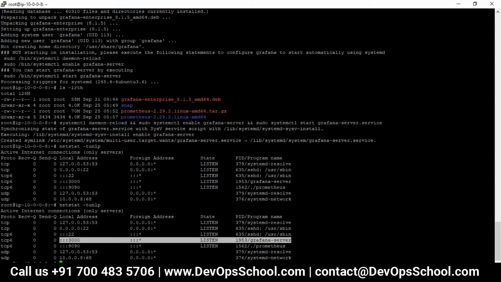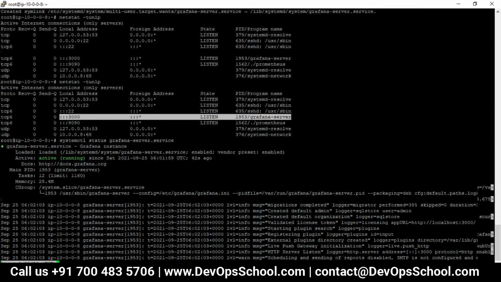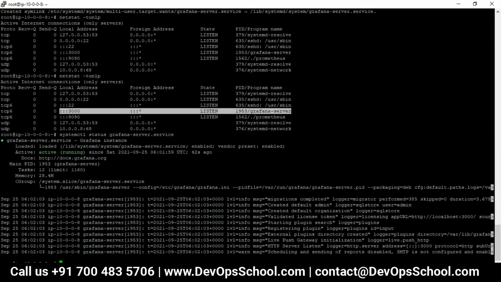Here it is simple, just run the command systemctl status grafana-server. This command will show you the status of Grafana. Active (running) means it is running. To stop it, we will use stop, or to start, use start. All right.